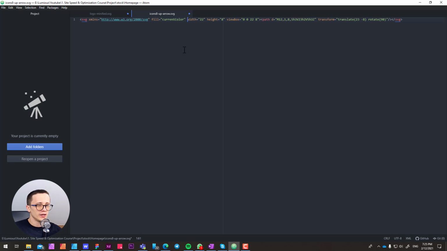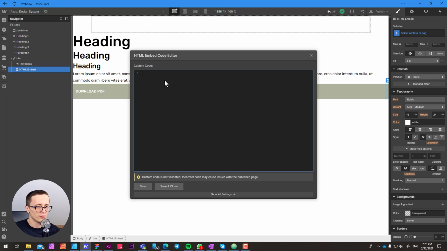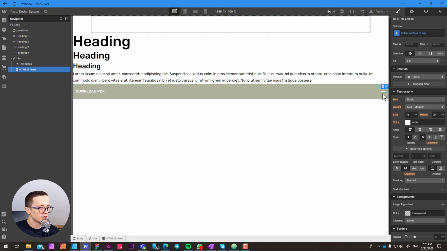Now what this means is this SVG icon will take its color from the font property, from the font color inside that embed code. So let me copy and show you how exactly it's working. Copy to my clipboard, going back to Webflow and pasting the custom code, save and close. And as you can see, we have our arrow, and it's white, not because it was white in Adobe XD,